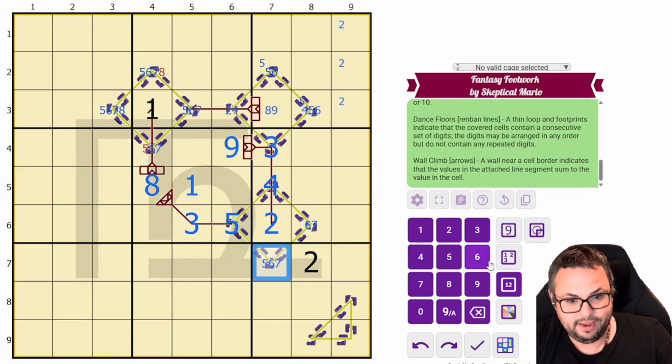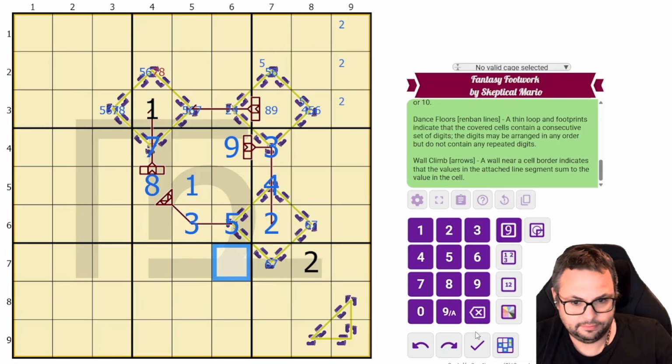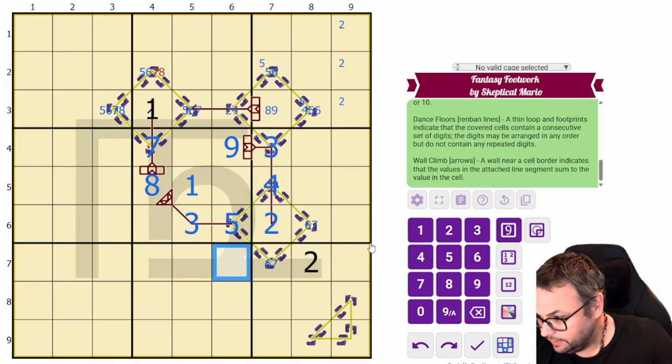So that's not a 5, and that makes this... not a 5. Sorry, 6 up here. Like, that makes that a 5, right? No. Makes this a 7. Okay, everything's right so far. Good, good. Okay,